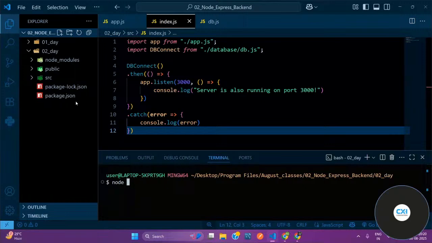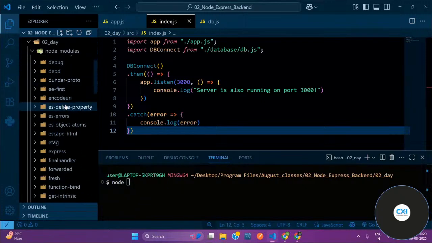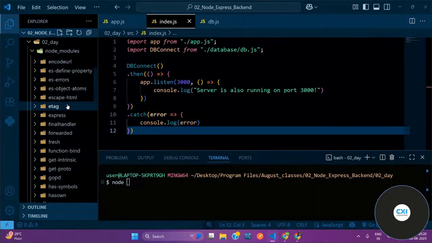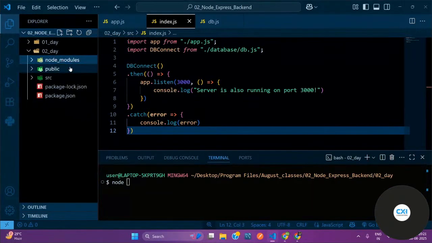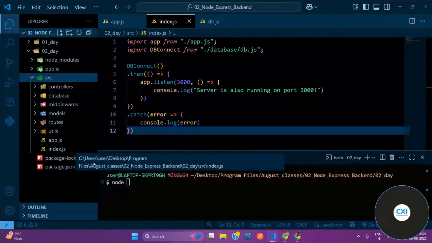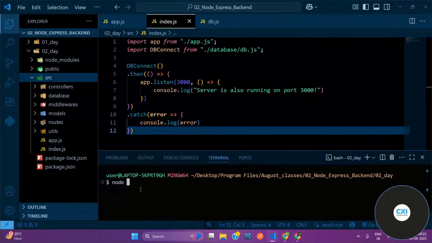See, if you open the node modules, inside this node modules, you will not get any index.js file. If you open public, inside the public, no file is present. But if you open the src, inside the src, index.js file is present. So